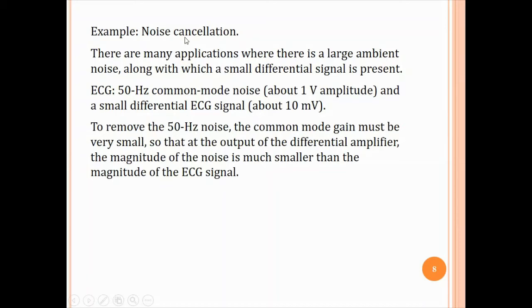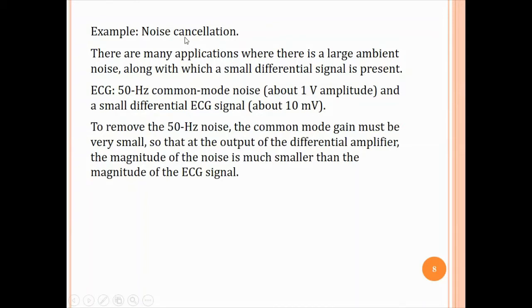There are always power lines, power wires all over the room, inside, concealed or otherwise, and all power lines have electromagnetic fields around them, and those electromagnetic fields are picked up by the body. The body acts as an antenna. The cables that carry the signal from the chest to the electronics act as antennas, and they pick up this